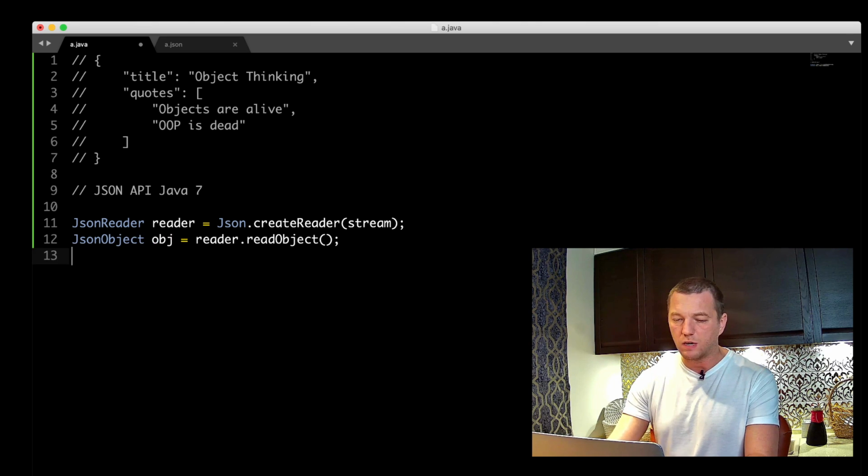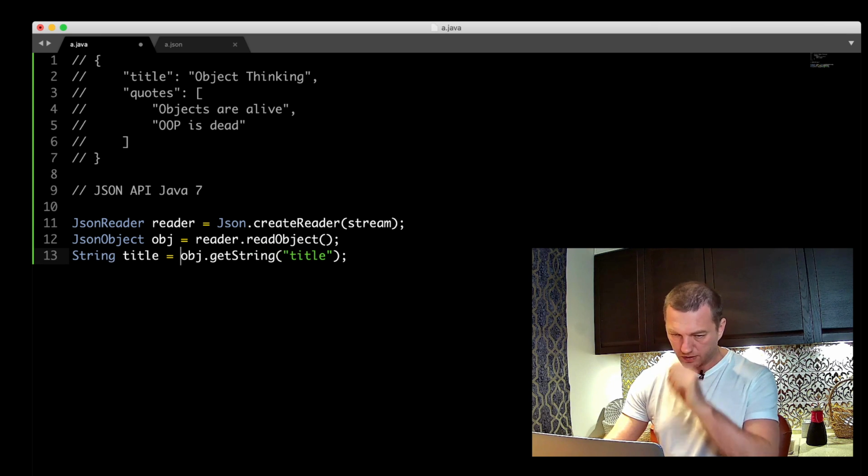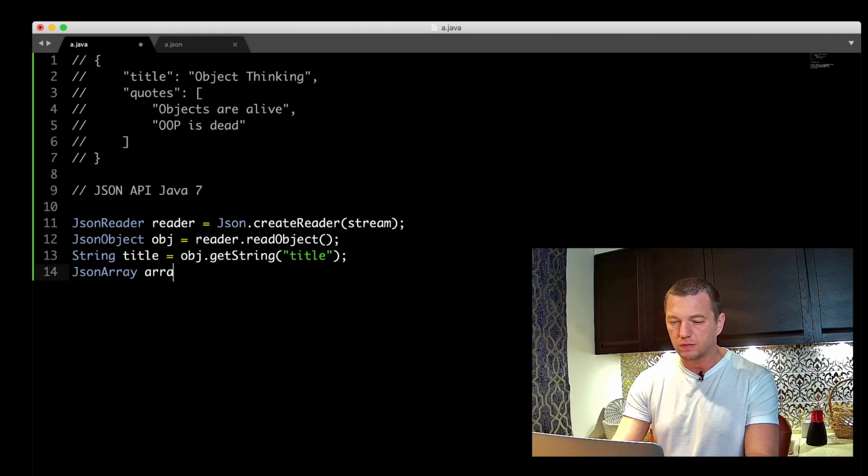And then you say object.getString, and it will return you the title. And let's say you want to read the array, so you do JsonArray. Let's be more object oriented, so you do quotes, and then object.getJsonArray. I don't remember exactly the syntax, but I think it's something like that.